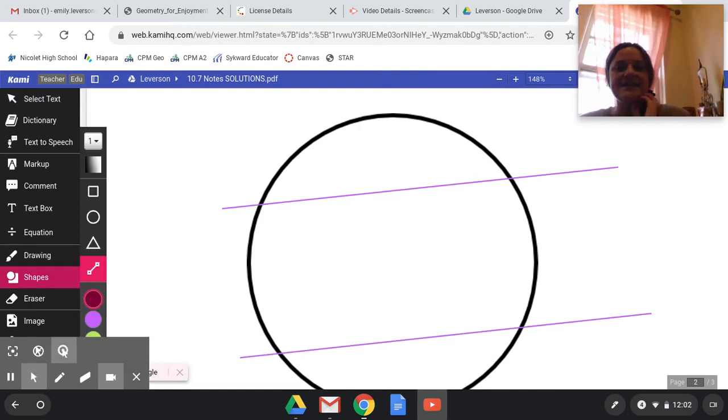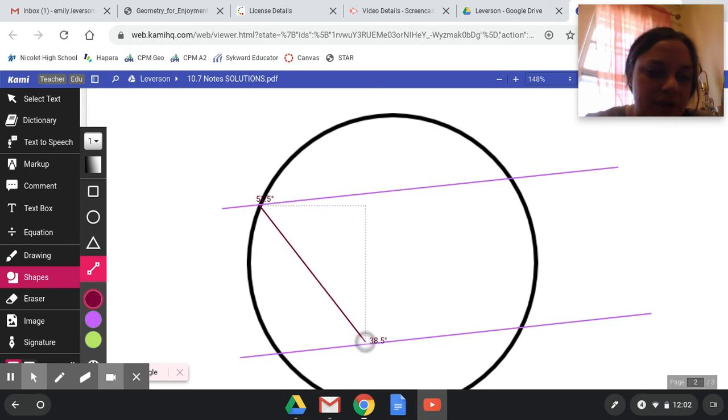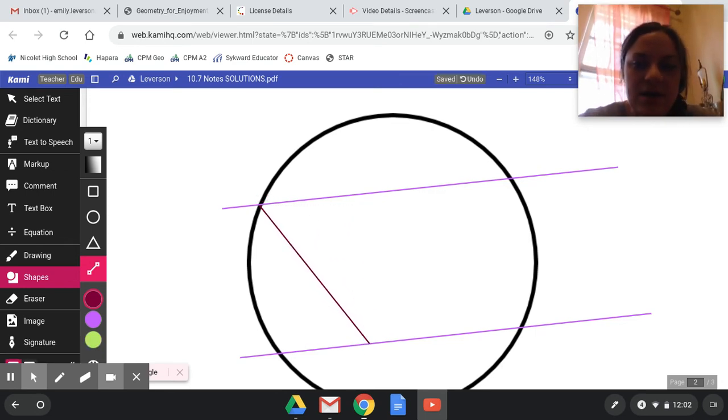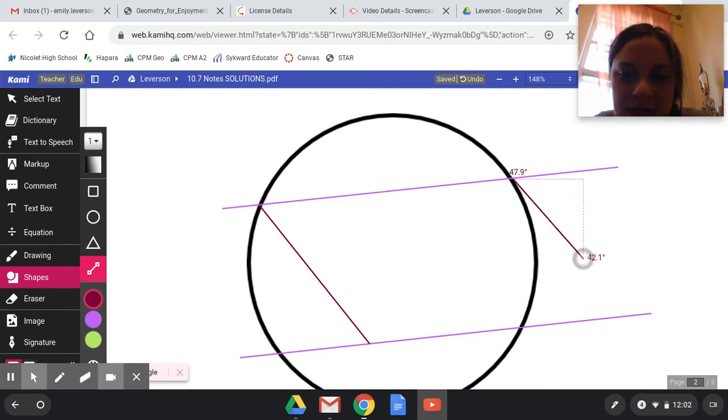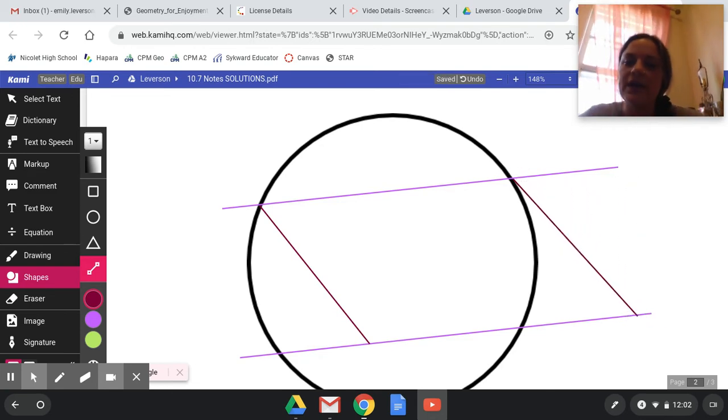Okay, so I got these lines to be parallel. So the next thing that I want to do is make a parallelogram. If I make a parallelogram kind of like how I usually do, I would draw it something like this. Okay, well then I would have something kind of like this over here. So you see the problem with that is that all of the vertices aren't on the circle, just the top two are. So let's see here, maybe